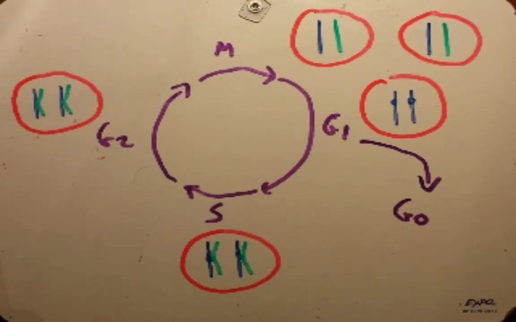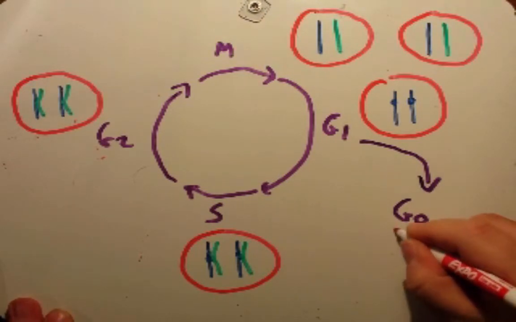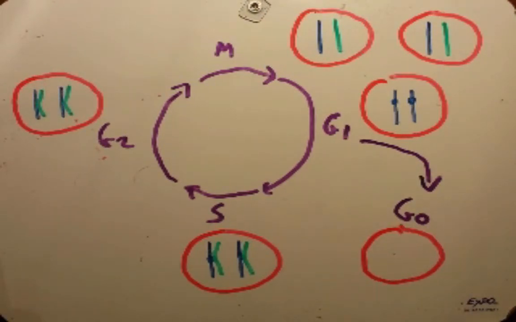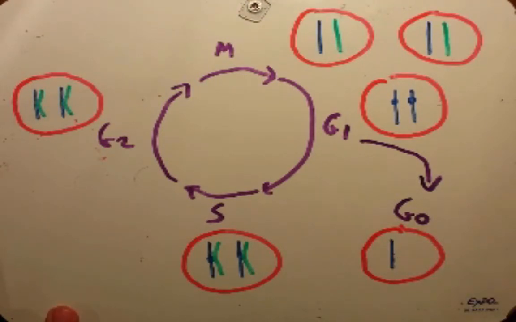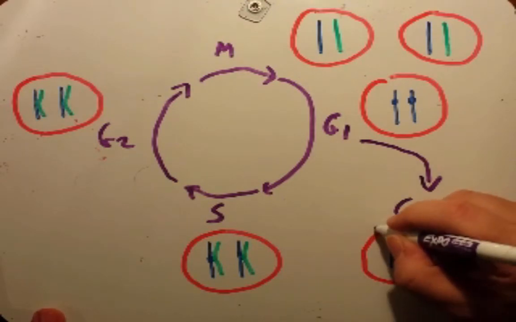In G0, this cell, depending on the cell, may be temporarily out of the cell cycle, or it may be permanently out of the cell cycle, just depending on what kind of cell it is. If it's a neuron, it's permanently out of the cell cycle, but if it's your skin cell, it's not permanently out of the cell cycle. It will come back into the cell cycle,